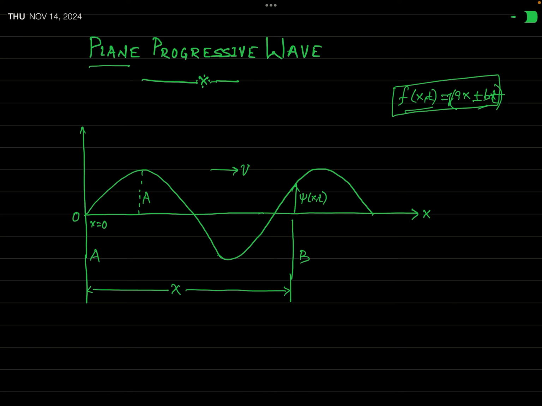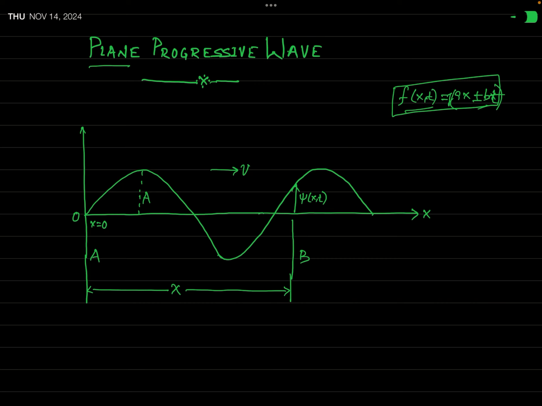Okay? And what are the different characteristics of this progressive wave, how it is generated, all these things we will learn. Now for understanding this idea, let us consider you disturb the medium by some means, and when a medium gets disturbed, a wave is generated. And what type of wave will be generated depends on the nature of the disturbance. How you perturb the medium, how you disturb the medium, actually determines the nature of the wave.